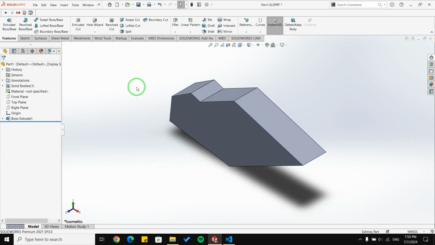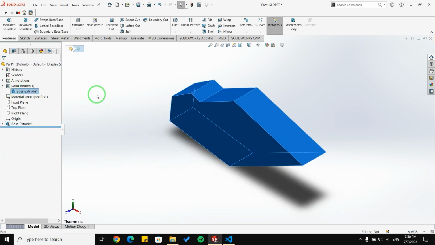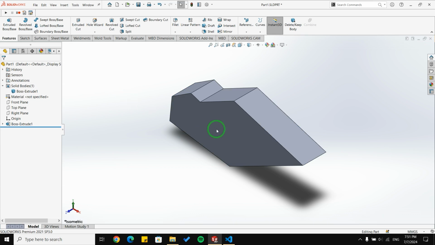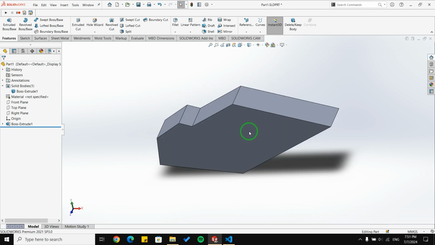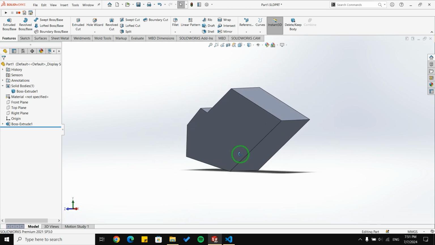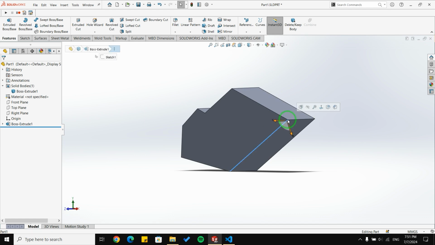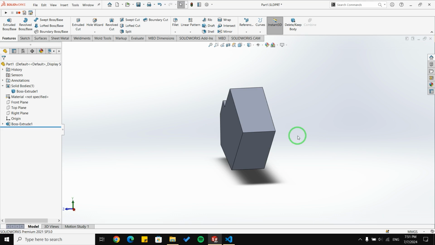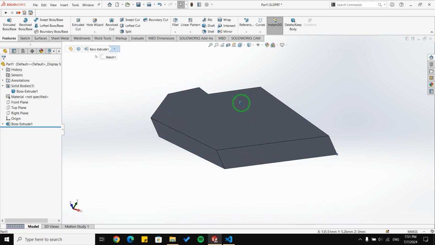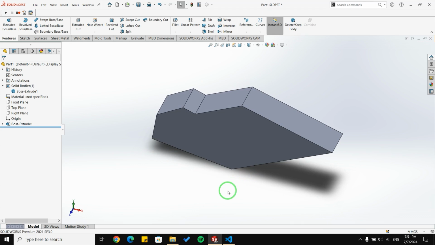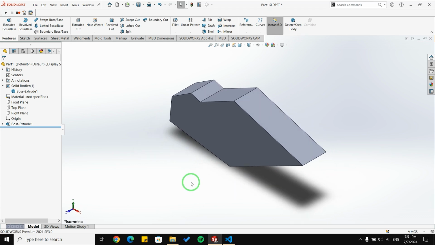Okay, now we have one solid body in SolidWorks, as you can see, and the goal of the project is to select all of its points. For example, we have a point here, we have another point. Let me select it. We have another point here and a lot of other points in this shape, and we need to select all of them for a purpose.